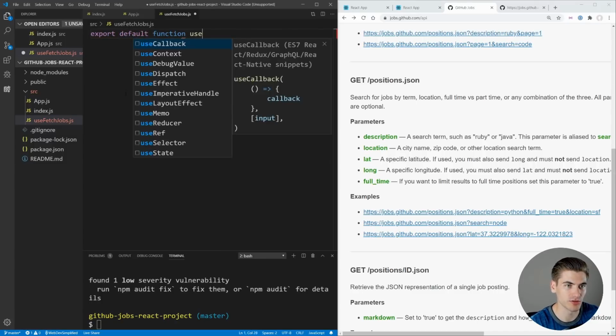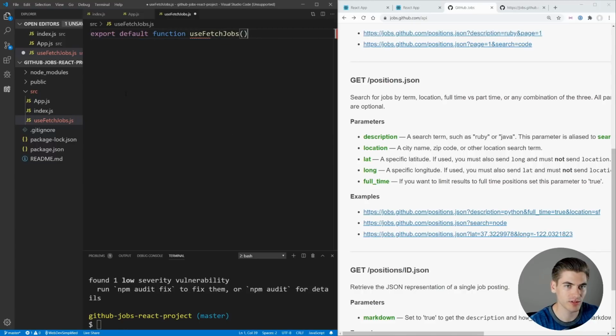And this is just going to be useFetchJobs. And inside of here, we're going to take some parameters. Our first parameter is just going to be a list. This is an object of all of our params, so description, location, full-time, etc. Then we're also going to have another parameter here, which is going to be for our page number that we're